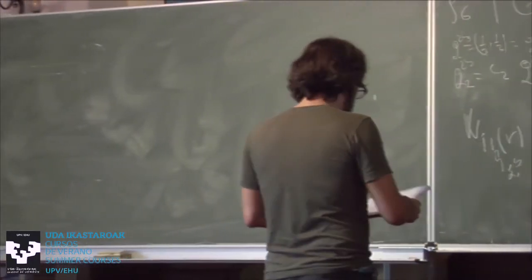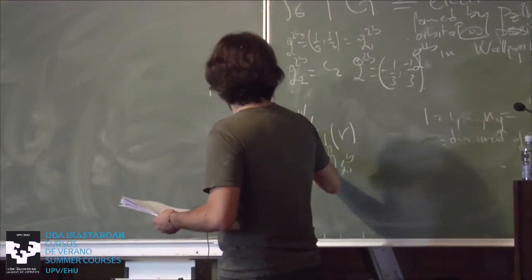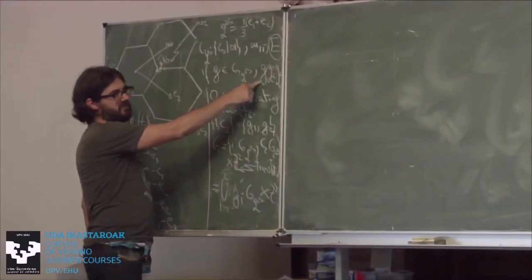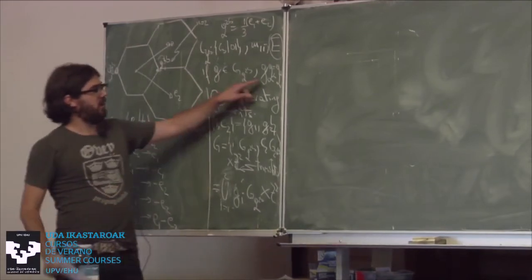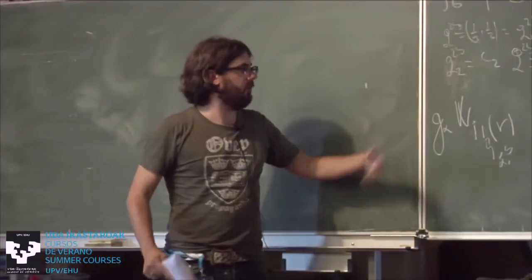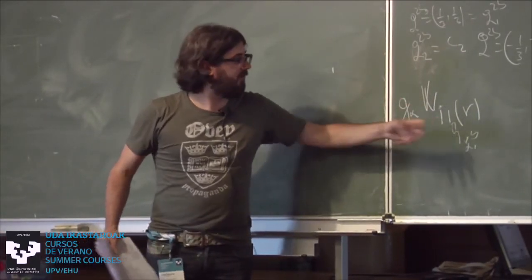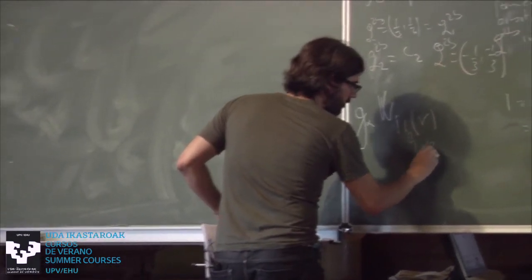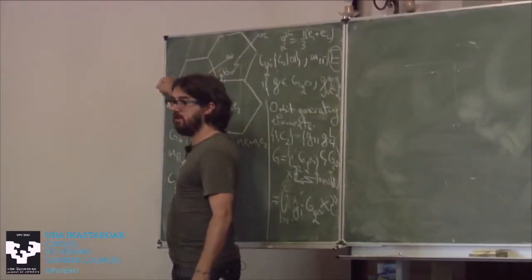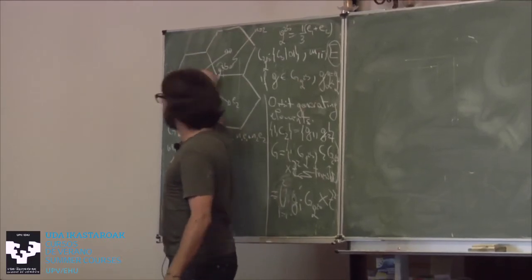Okay? So if I act with an element in the coset representative of this group, which means an element that's not in G alpha, well, if it's the identity, it just gives me itself, but if it's not in the site symmetry group of Q1 2b, then all that it does is give me another orbital at another position on the lattice that sits in the same Wyckoff position as this one.